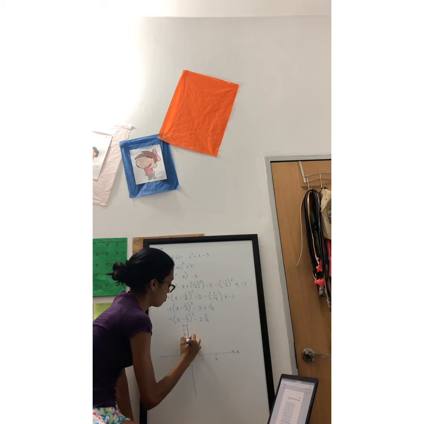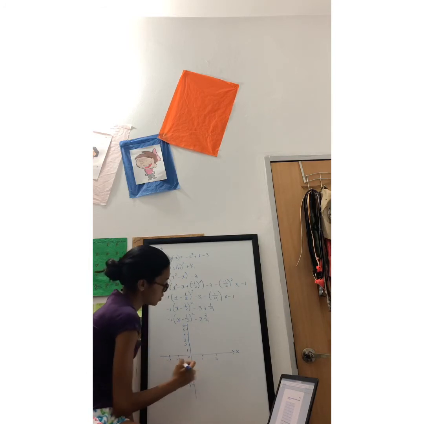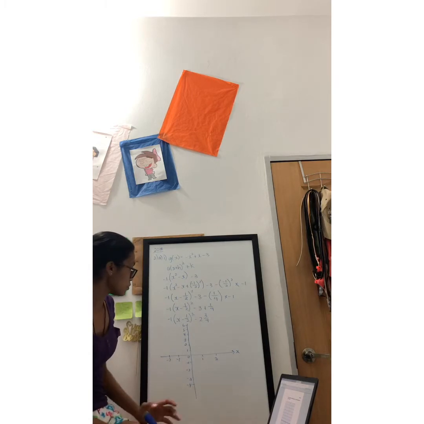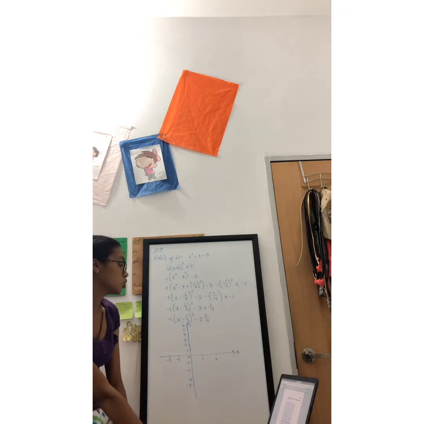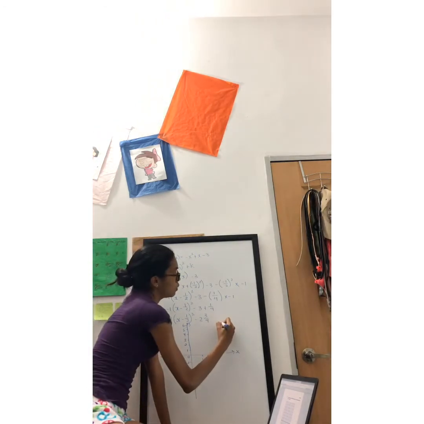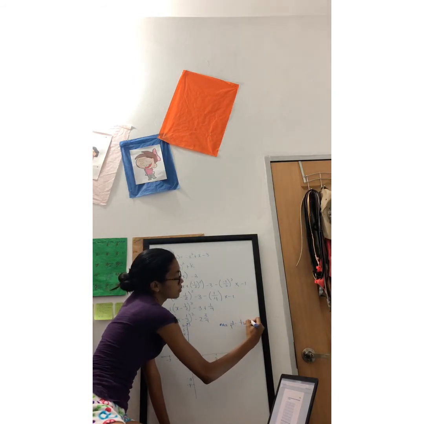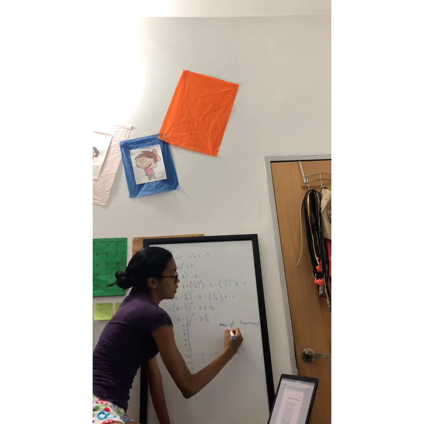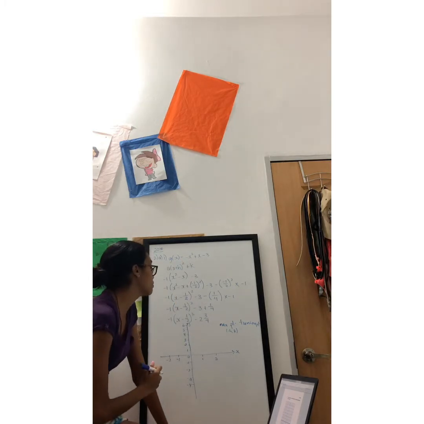6, 5, 4, 3, 2, 1, -2, -1, 1, 2, 3. No, my graph is not accurate, right? It's just a sketch. This here is our y-axis up here. Okay, so they want us to sketch showing the maximum point. We know that the maximum point is the turning point,